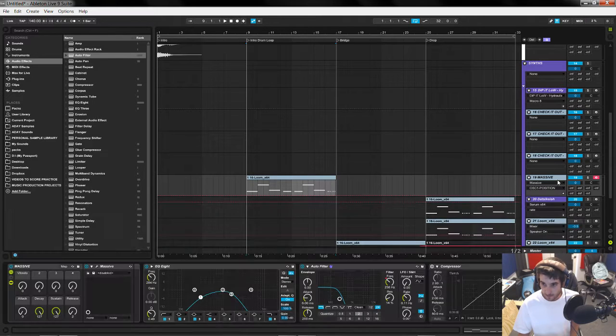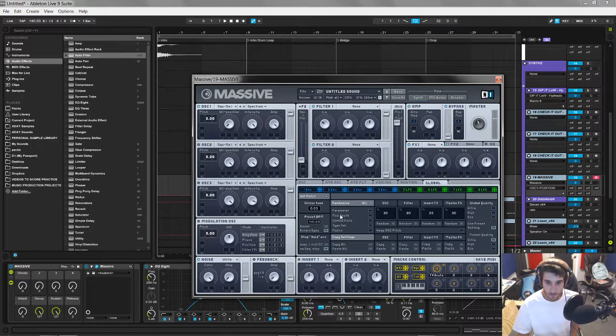Now we're back on 3 and go to the global. Or we don't even have to go global. We could just do this. The shortcut, I believe it's Alt. Yep. Hold Alt and pull down for octaves.